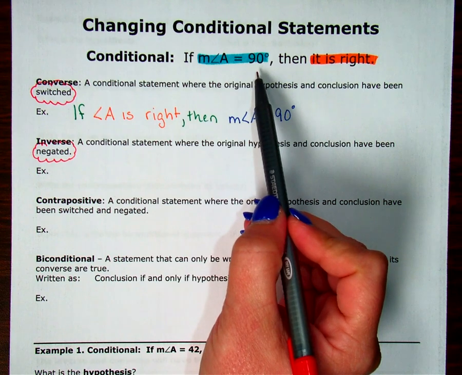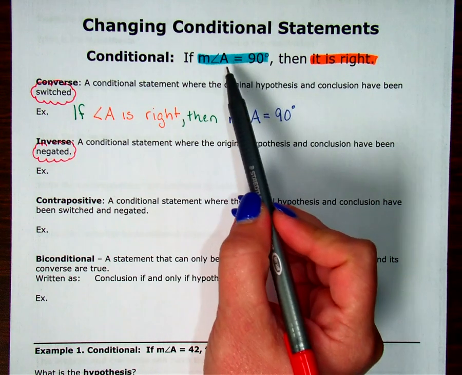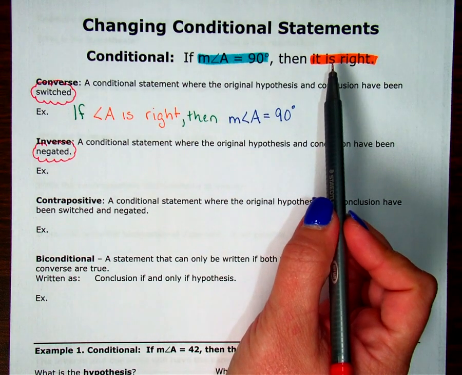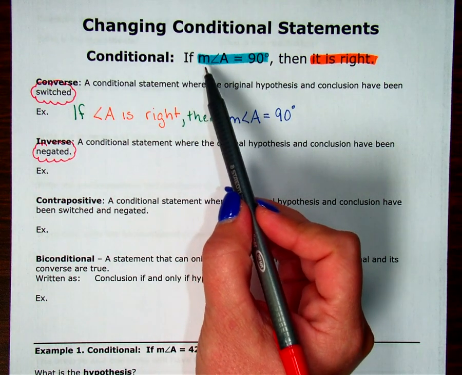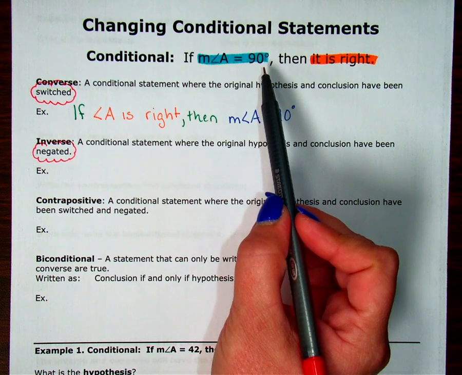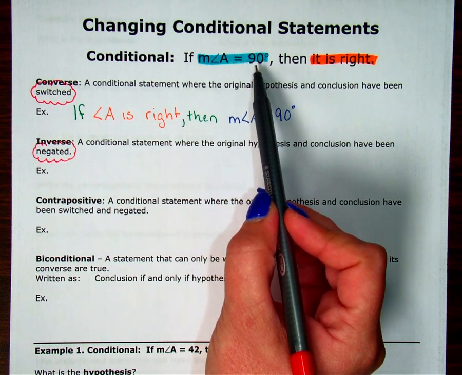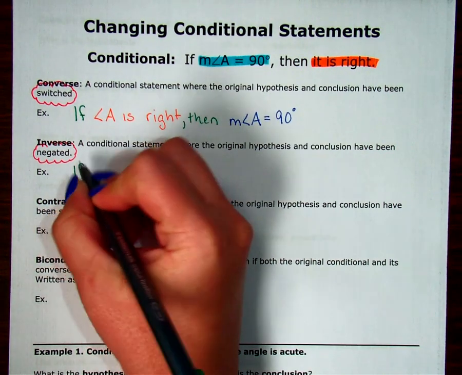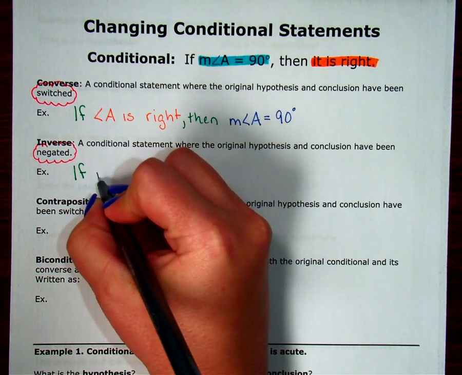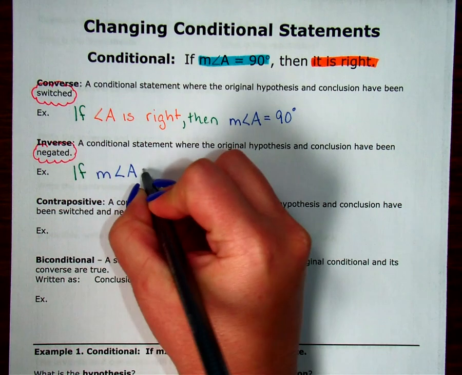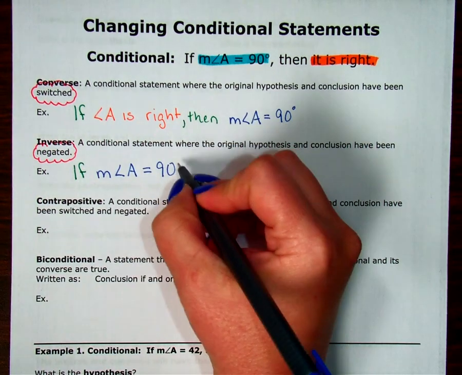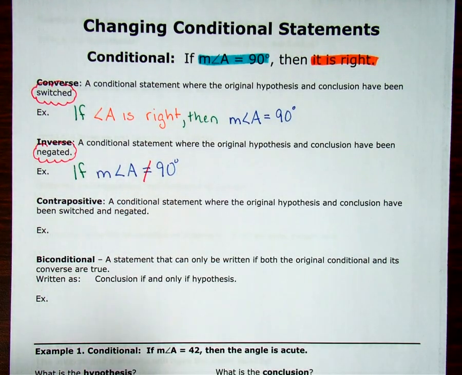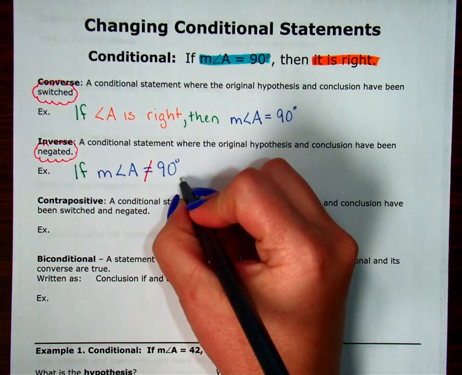So if the measure of angle equals 90, then it is right. I need to change this, so I put a not somewhere in here and a not somewhere in here. And you want to put them where it makes sense, because a lot of times we'll say, if not, the measure of angle A equals 90. Well, that doesn't sound right, right? We say if the measure of angle A is not equal to 90. And that's really easy when it's an equation, because we're going to say if the measure of angle A equals 90. To change that into a not equals 90, all you have to do is put a slash through your equals. And now it's the measure of angle A is not equal to 90, then,